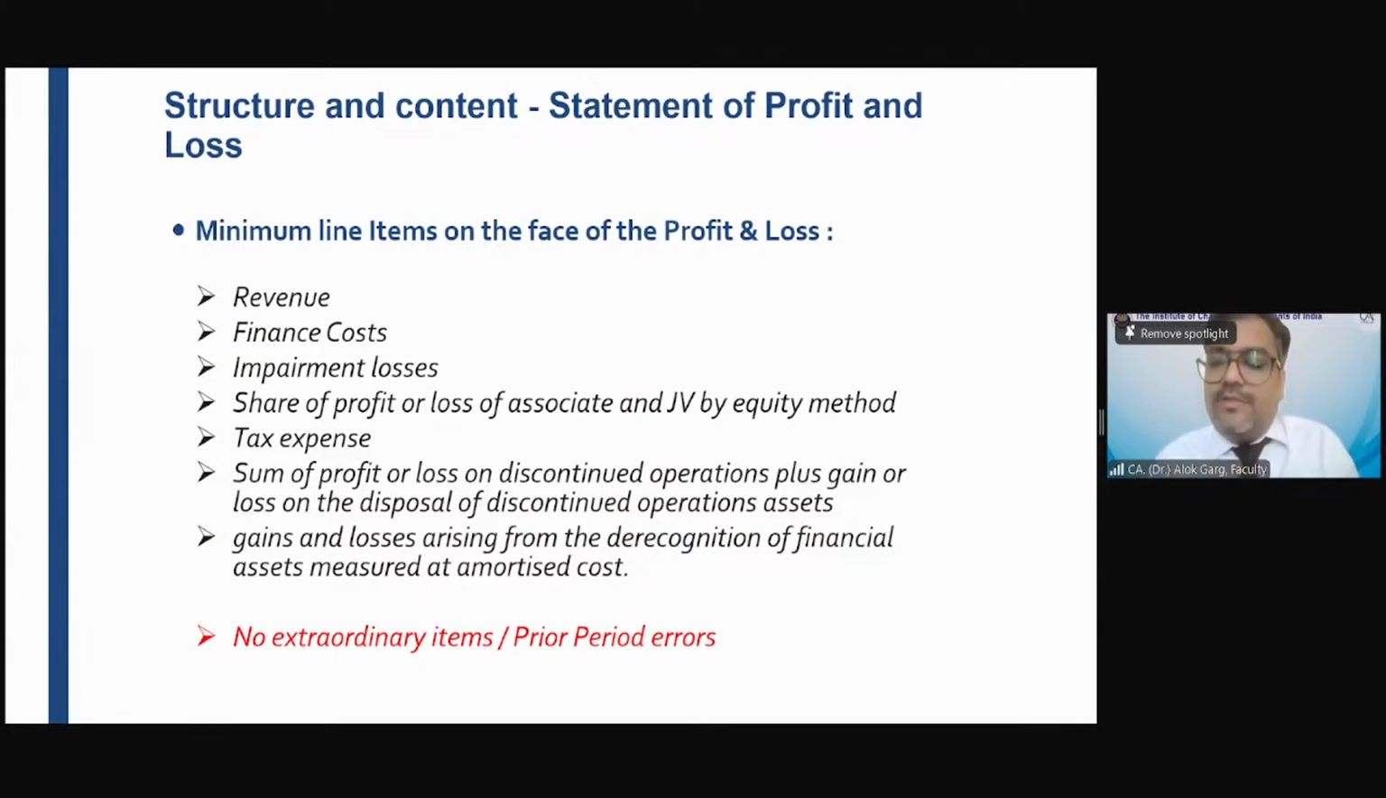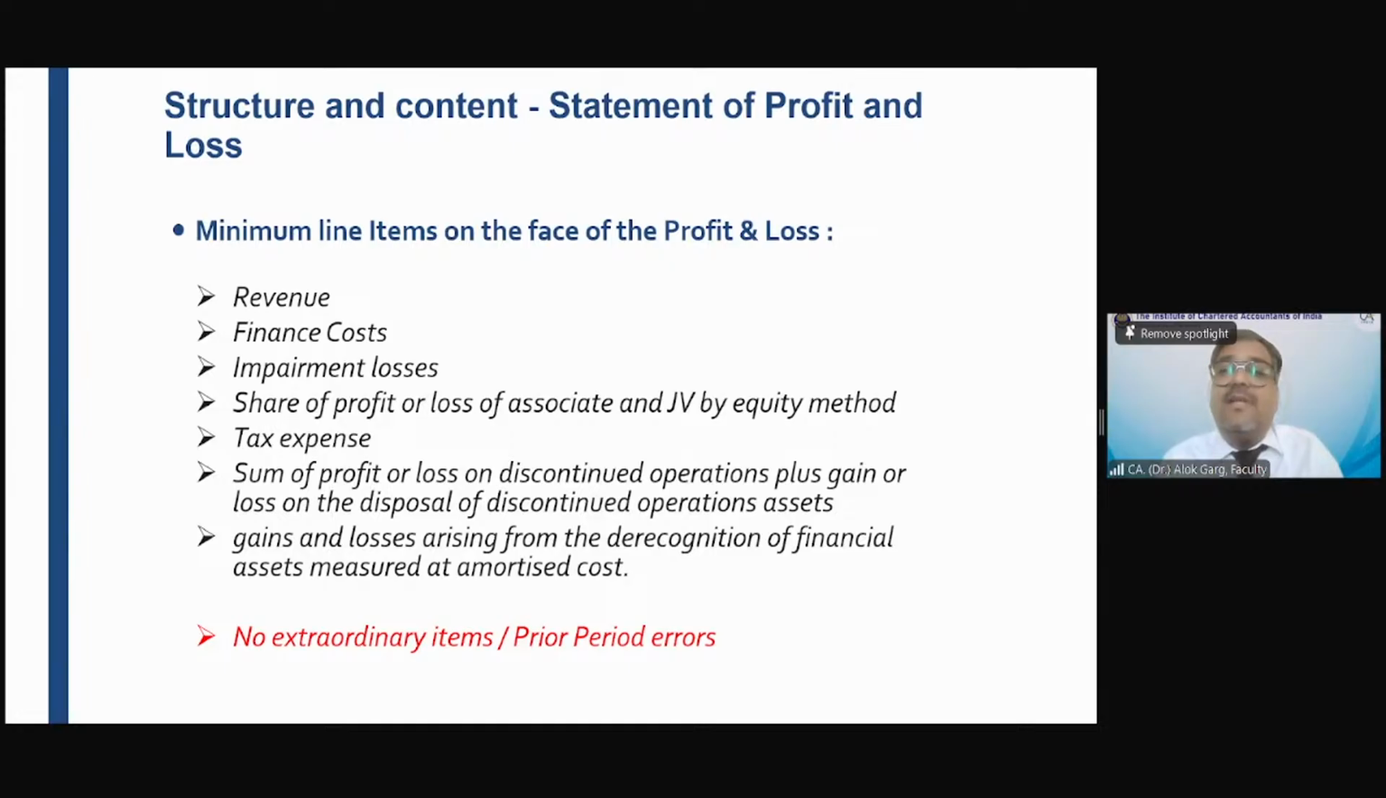So what is the meaning of extraordinary item? Extraordinary items are those items which do not arise in the ordinary course of an entity. For example, loss due to earthquake. Whether earthquake is an ordinary activity? The answer is no. So a loss arising due to earthquake was considered an extraordinary item in accounting standards, in your CA Inter. But Ind AS came from IFRS, and IFRS says that